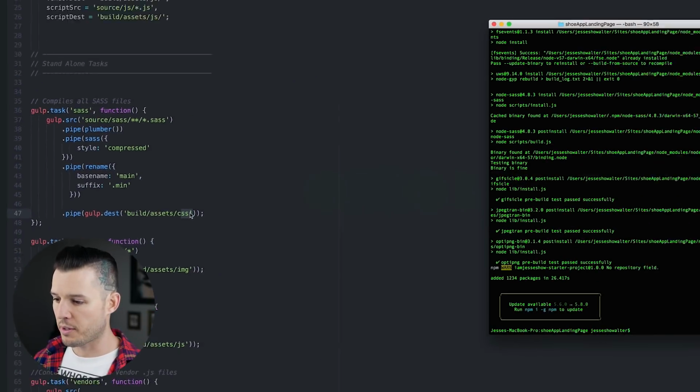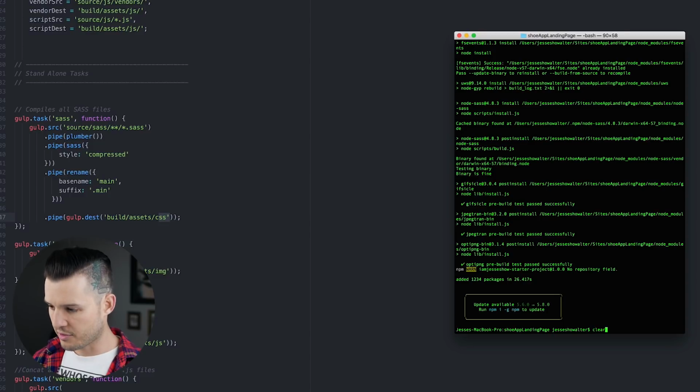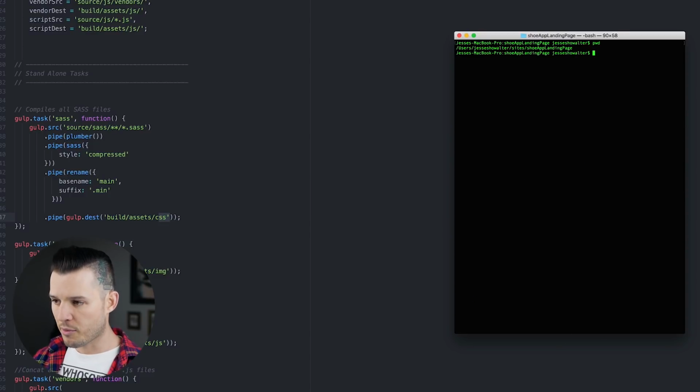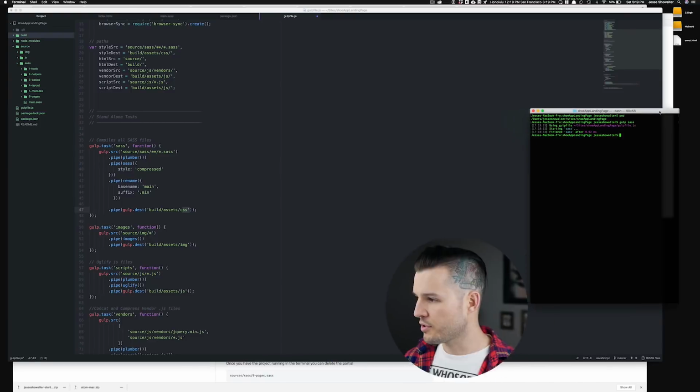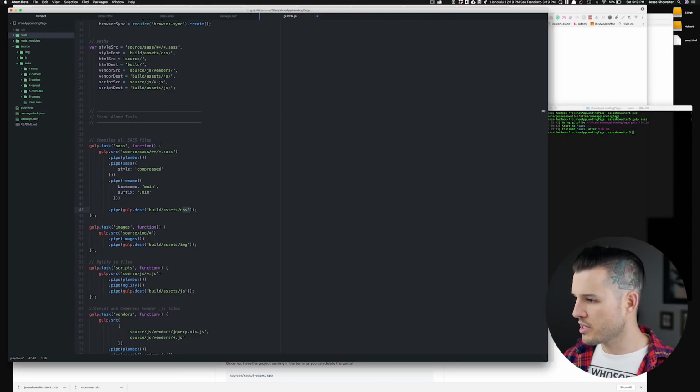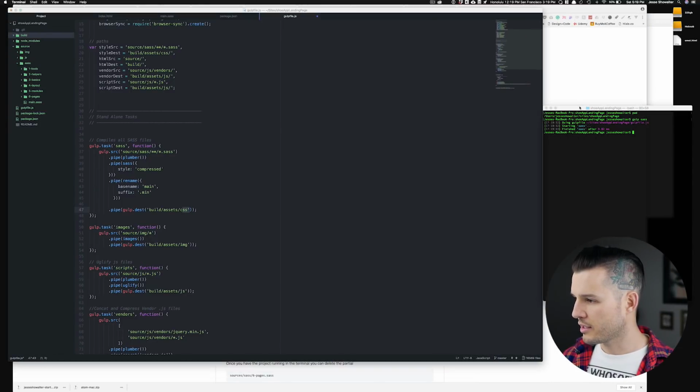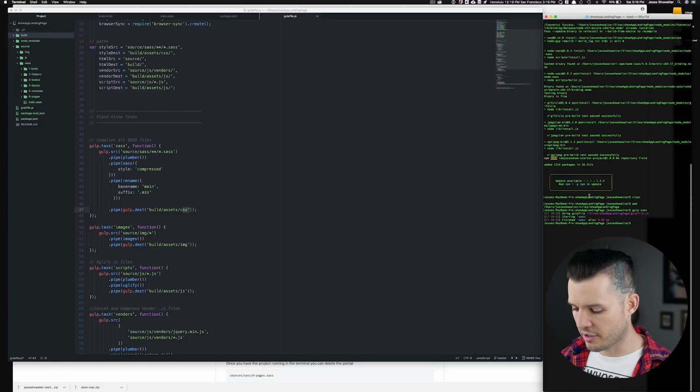Well, yeah, we can open up Terminal, and I'm going to clear this out. You can see we are inside of our project folder. I can write Gulp Sass, and it says it's using my Gulp file. It started it, it finished after like 9 milliseconds, and now it's pre-processed everything. Did it actually? Well, let's go check and see. I'm just going to squeeze this in and put my terminal over here.